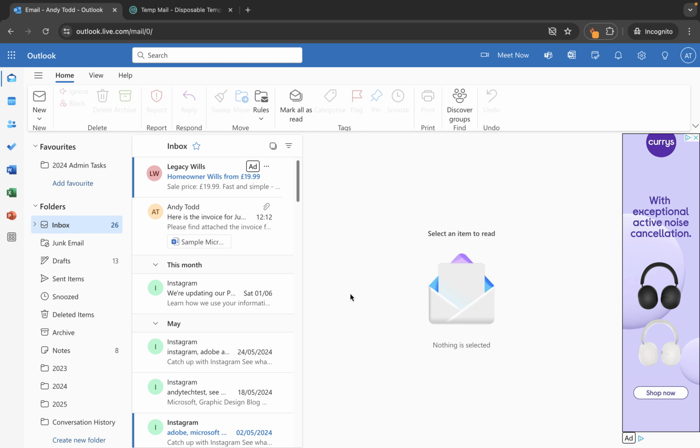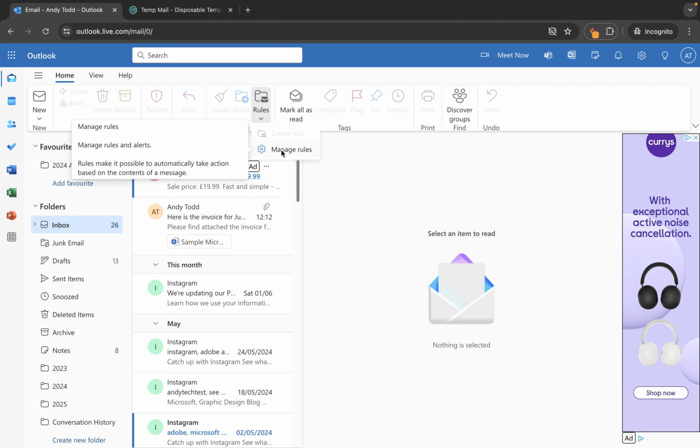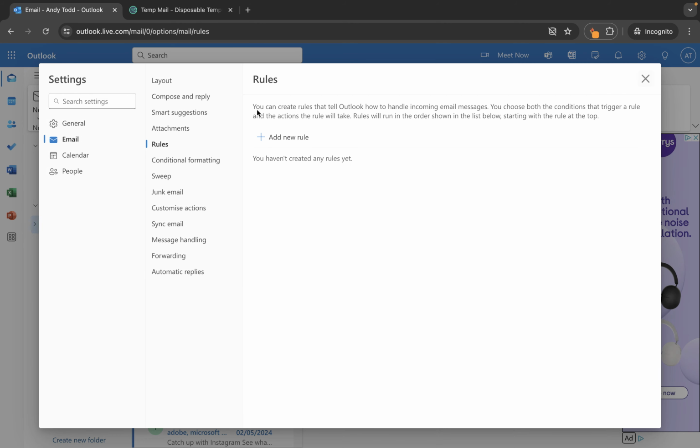Now what you want to do is you can go up to rules at the top here. This is just from the home tab of the ribbon, and you can use the manage rules option to create or manage existing rules. You'll notice the create rule option isn't currently available, and that's because you need to have selected an email to create a rule off the back of that selected email. If you don't do that, you'll need to go into manage rules, and then you can create a standard rule